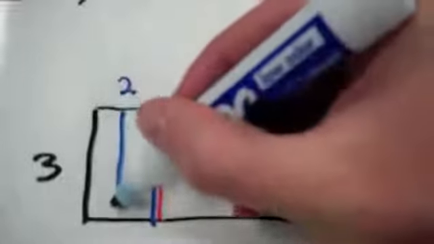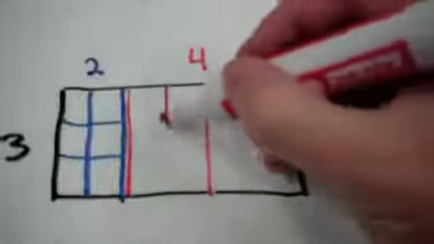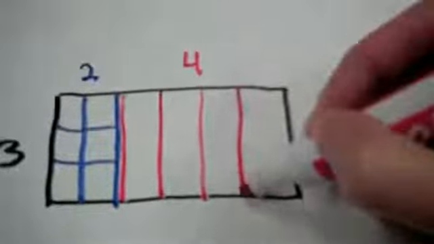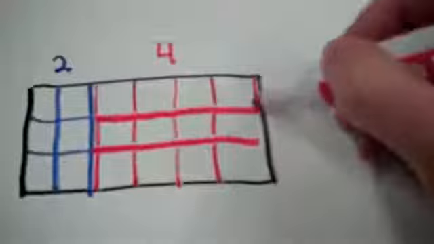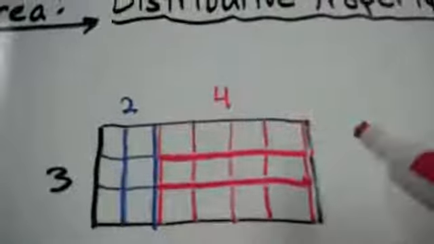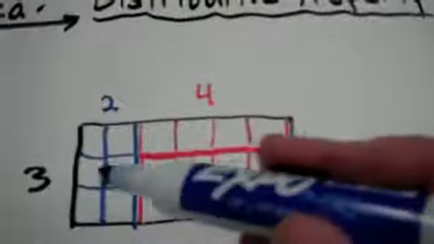So I'm going to draw my rectangle and color in the unit squares so you can actually see them. This is a 3 by 2, and now I'm going to make my 3 by 4. So you can actually see the unit squares for each rectangle. Okay? Instead of a 3 by 6, now I have a 3 by 2 and a 3 by 4. So let's start